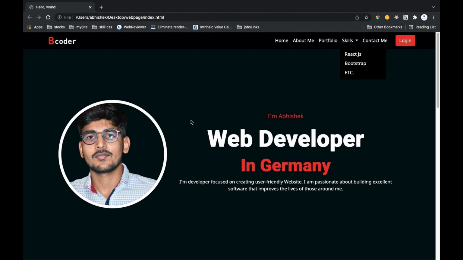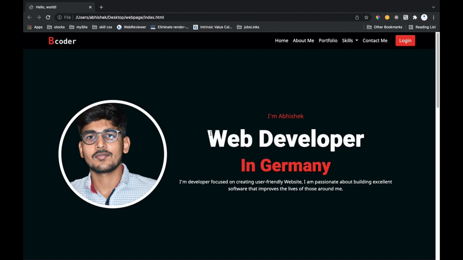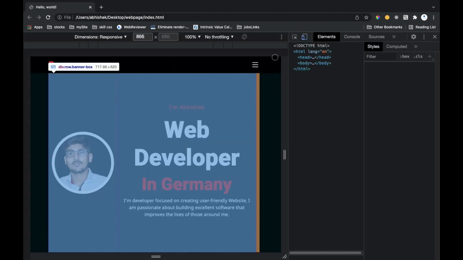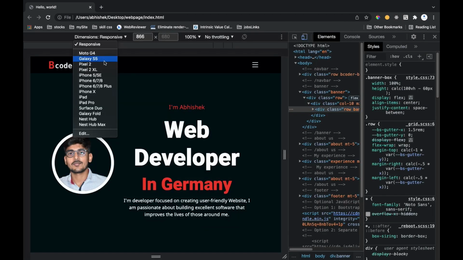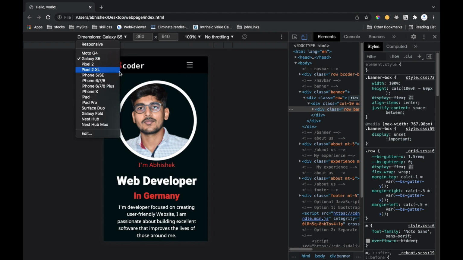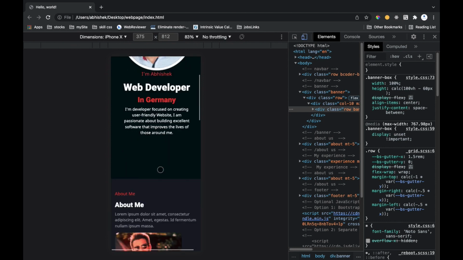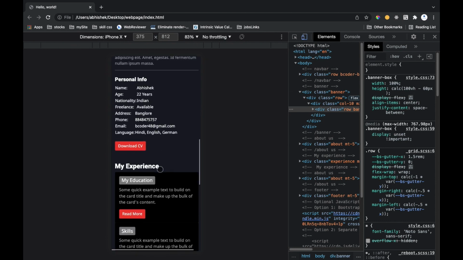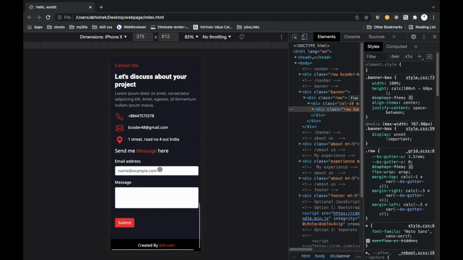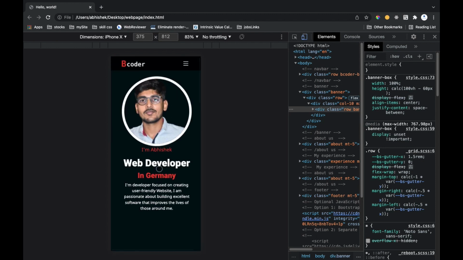And this website is responsive friends, so you can also see here that it is responsive. So you can see this is how it will look in mobile view, and in any phone it will adjust. So you can see this is its mobile view and it is properly adjusted according to that. So this is the benefit when you are using Bootstrap.